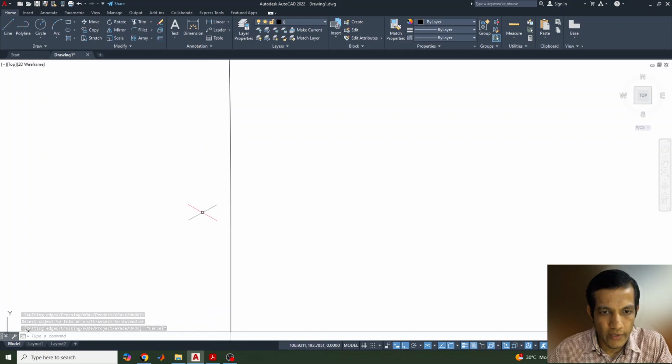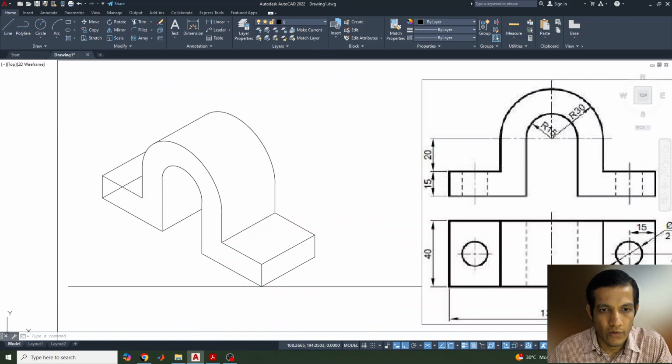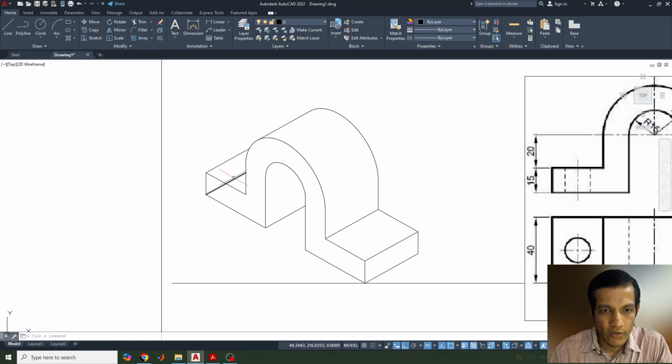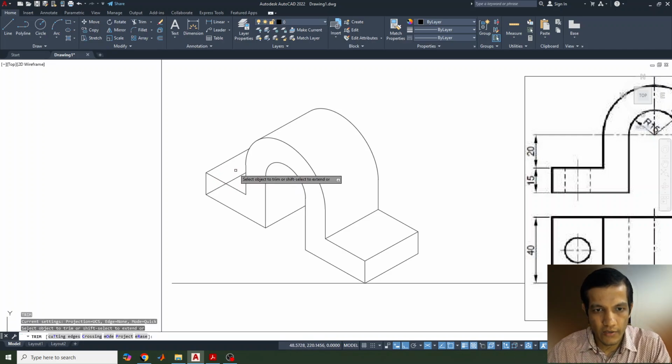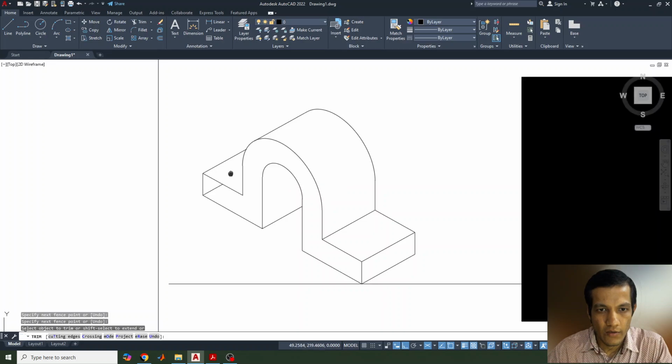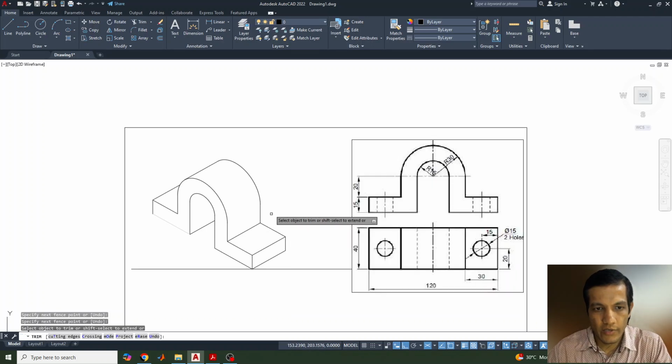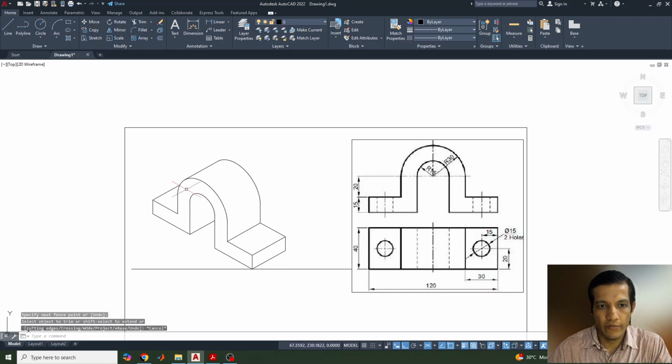Let me zoom in once and check if anything is there, no. So here also we can trim it, and this part also can be trimmed. Now if you see, most of the part we have completed here. The front view is completed. The same thing we can see from here, but in the front view,